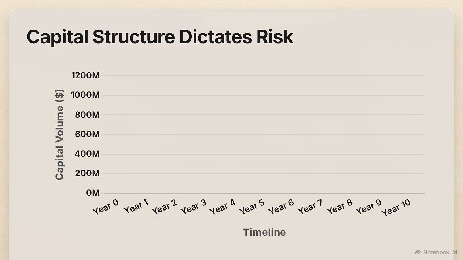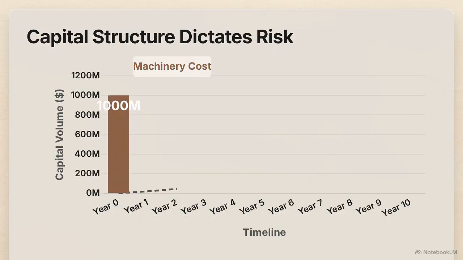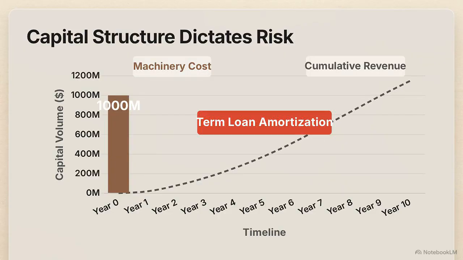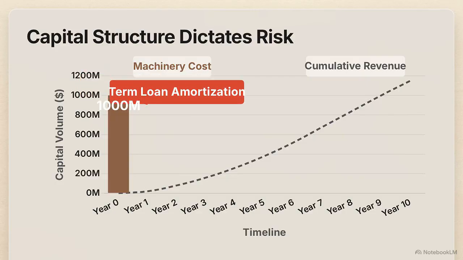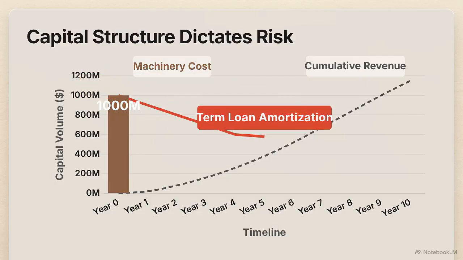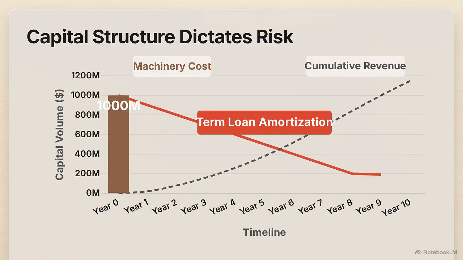The structural parameters of the deployed credit facility dictate the risk of default just as much as the underlying health of the business. This chart models capital requirements against time. We map the factory's high-capacity machinery onto the long-term axis, demanding massive upfront capital but generating revenue slowly. To fund this, the bank deploys a term loan. Its downward slope represents amortization, gradually paying debt through scheduled installments.